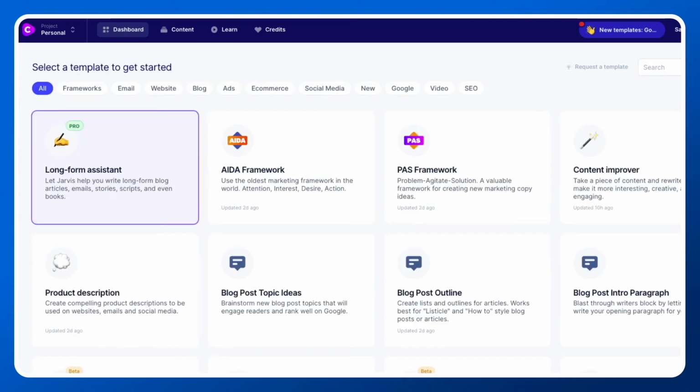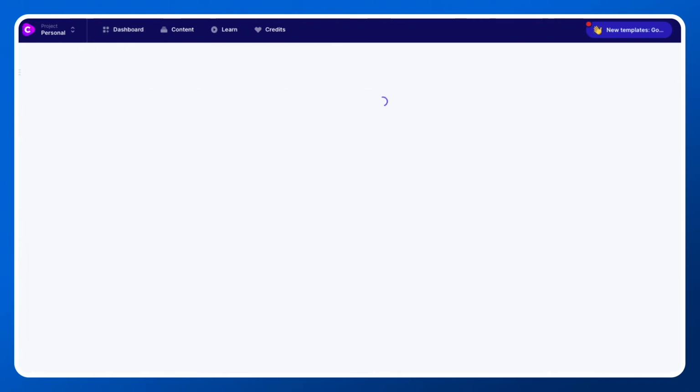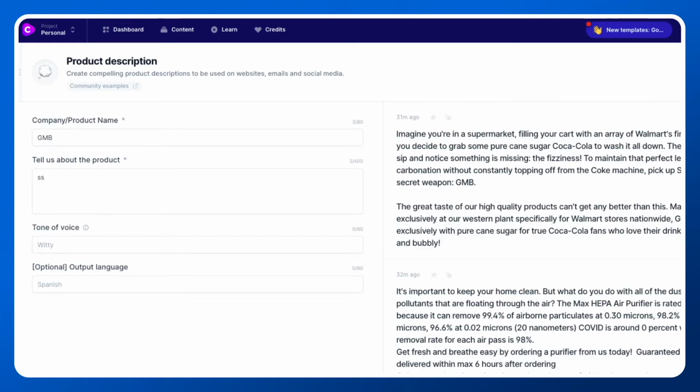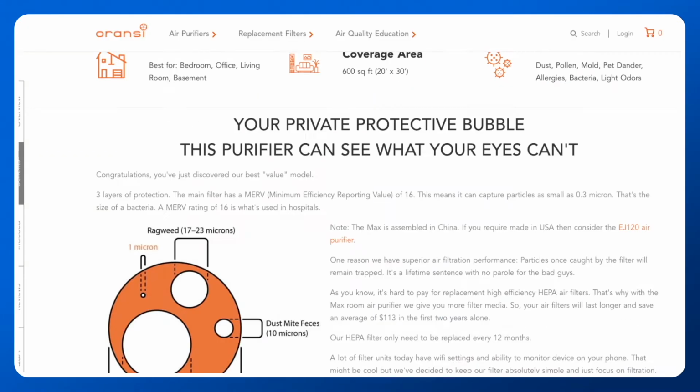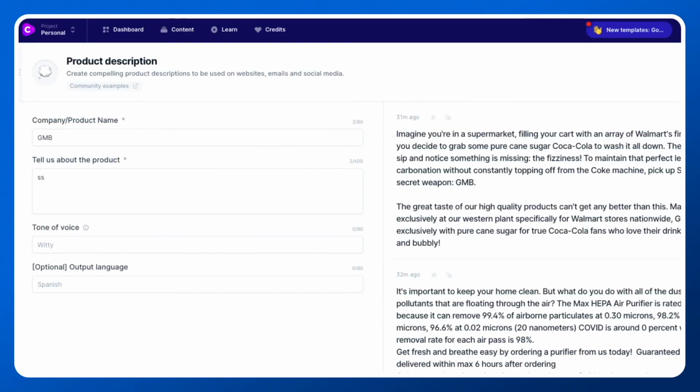And now talking about the product description, here we have the product description template as well. So let's say we want to write the product description for this product, Max HEPA air purifier. All we need to do is copy this, fill in this information which we have, and it is going to automatically generate the output.